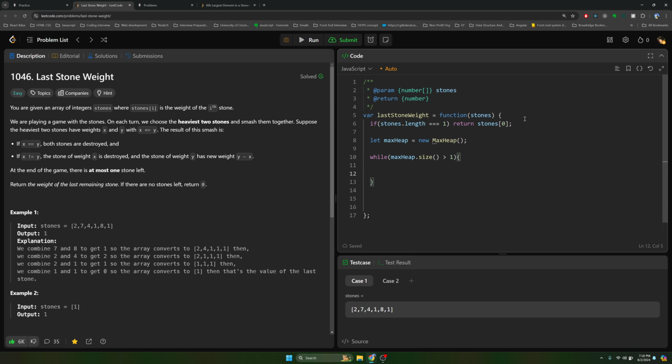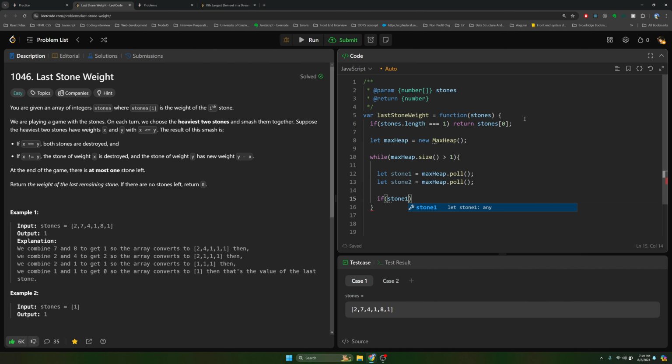So let stone1 equal to, we'll take out the max, extract max, or poll. We call it poll, right? Poll it, and we have to do it twice. So we do it twice here, and